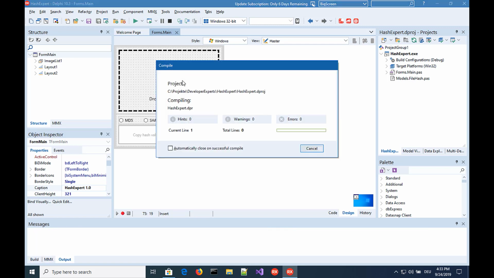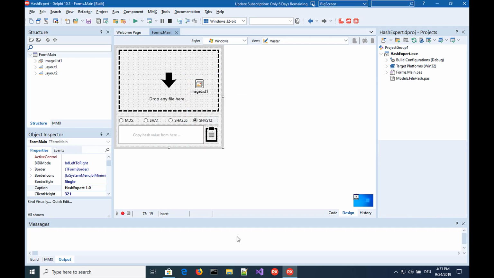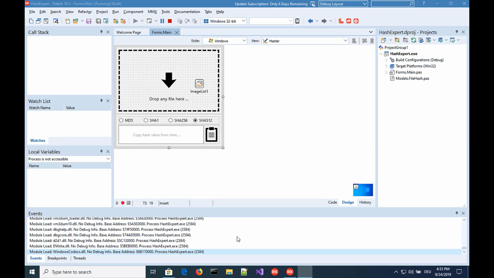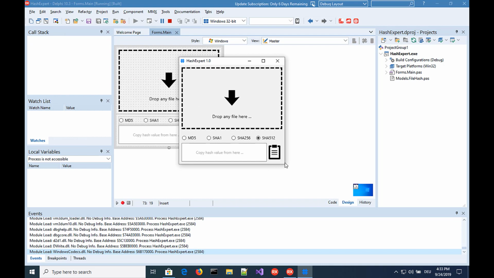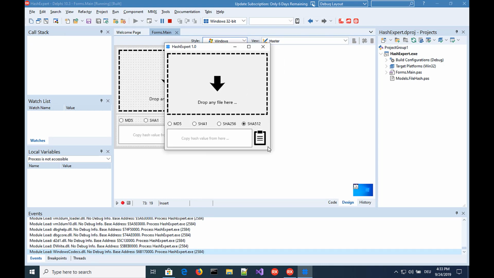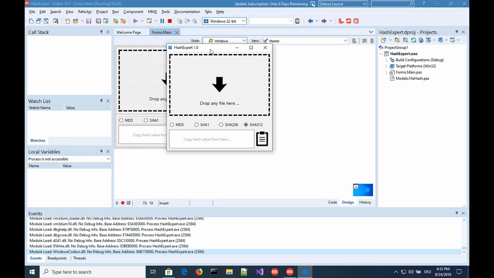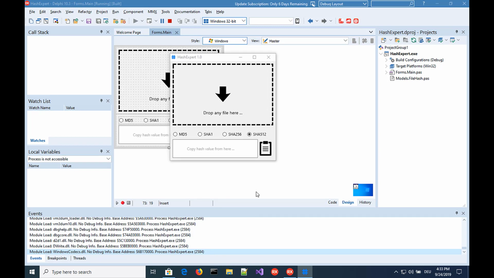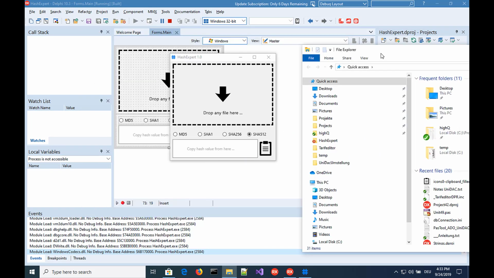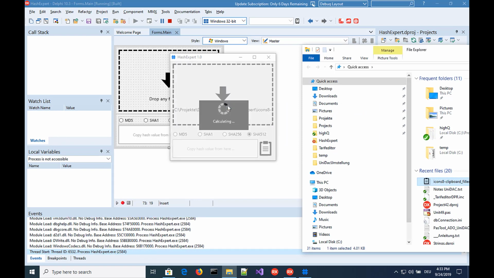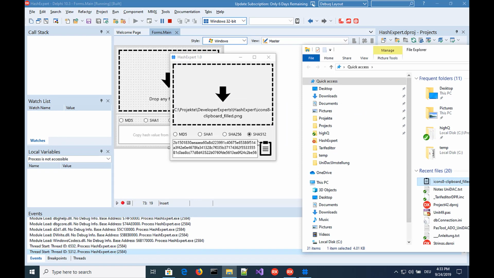Let's see how that one works, just so you get an idea of what we have here. It's really a simple application. I created it as a fixed window, so there is no way to actually resize the window. So let's get a file somewhere. Let's see what we have here. Just something, drop on it, and you see there is the